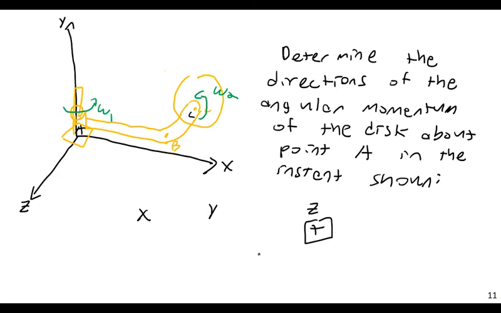And then here, y. If I look at y, well, again, this whole thing is rotating like this, right? So it must have an angular momentum that is positive in the y as well, right? Does that make sense? So positive here. So the question is, I have this as negative in my notes,